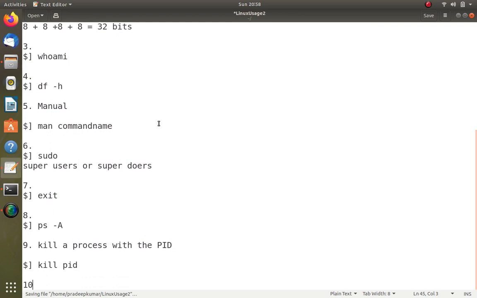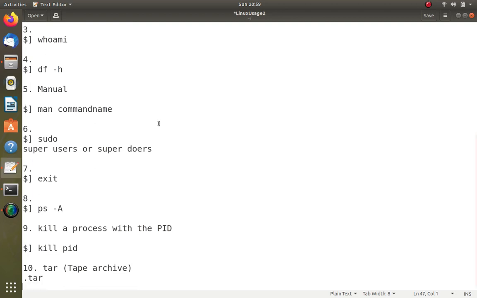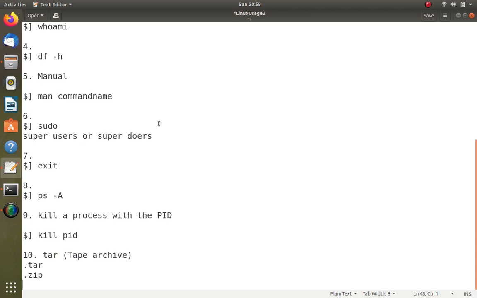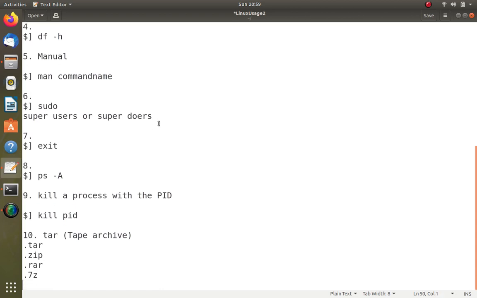The 9th command. The 10th command is a very long command, tar. Tar stands for tape archive system. Linux uses various compression techniques. One is .tar, then .zip, then .rar, which you will be knowing. Now .7z, then .lzma, which is an algorithm.